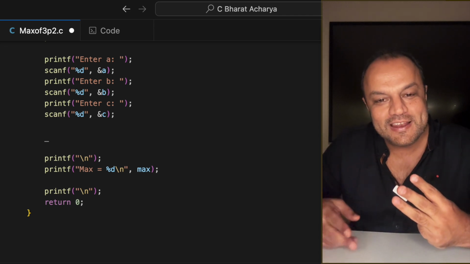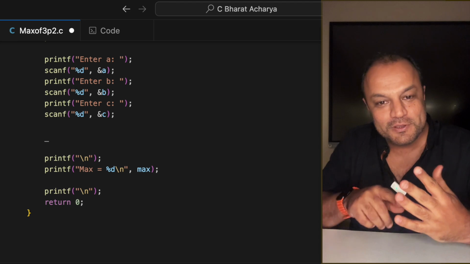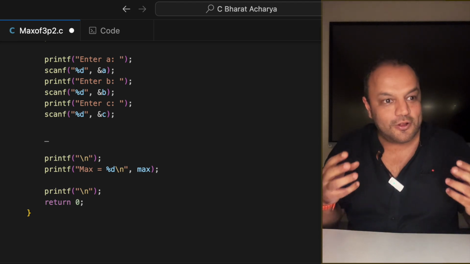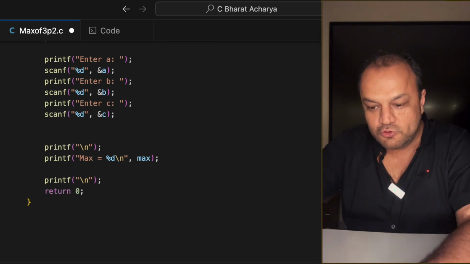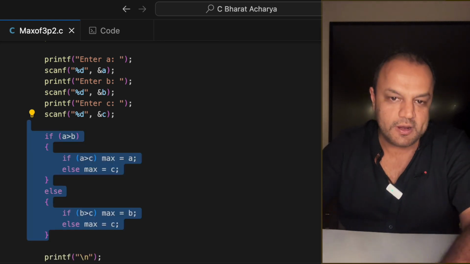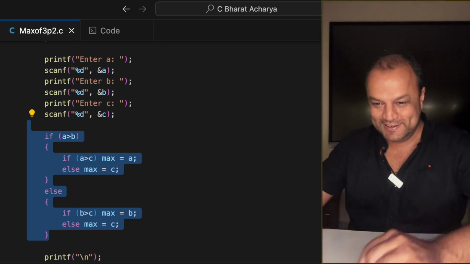This is so scalable. For 3 numbers, you had to write 3 lines. For 4 numbers, 4 lines. For 5 numbers, 5 lines. The logic is just as simple whether there are 100 numbers also. Whereas, in this stupid method that we had seen before this, I'm calling it stupid because I don't like it. But it was asked in the exam to solve like this, so I solved it.